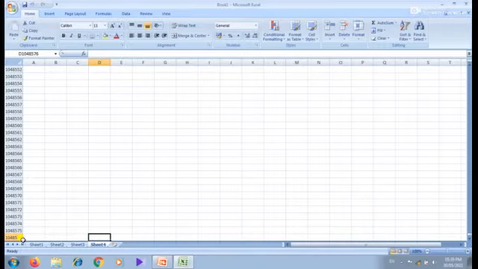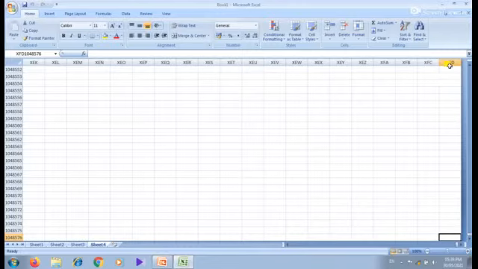If you press Control plus Right Arrow, you can see the number of columns. Here the columns are represented using letters. The total number of columns in Excel 2007 and the latest versions is 16,384 columns.